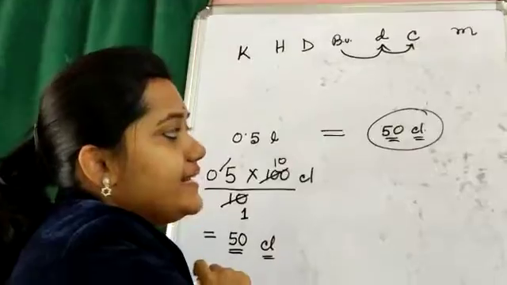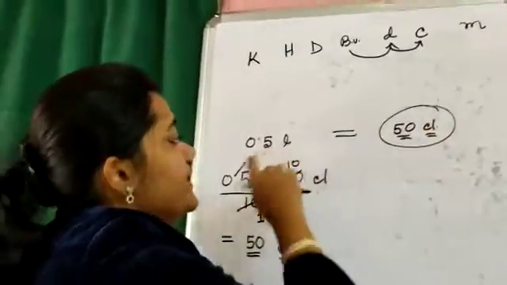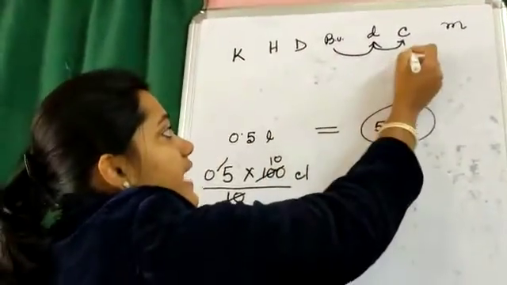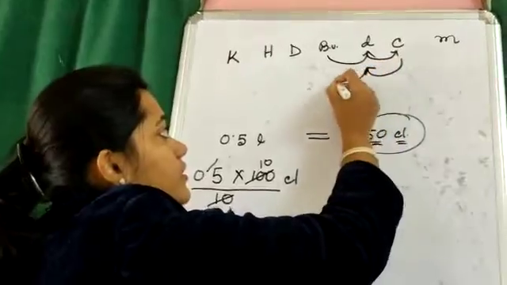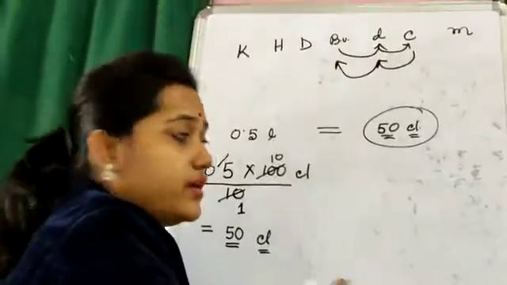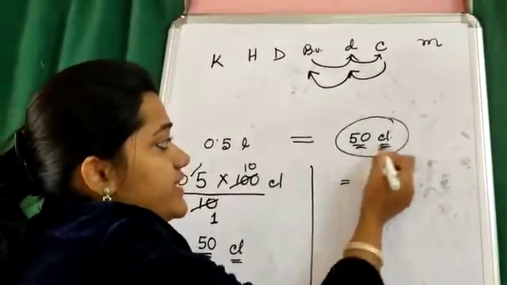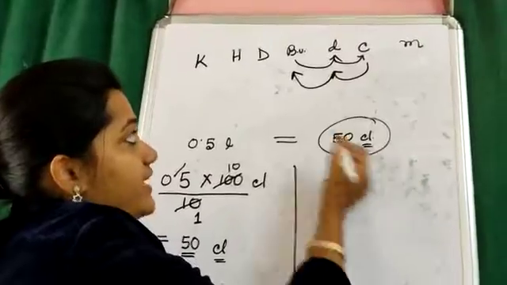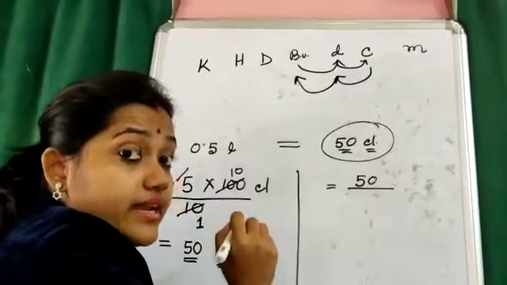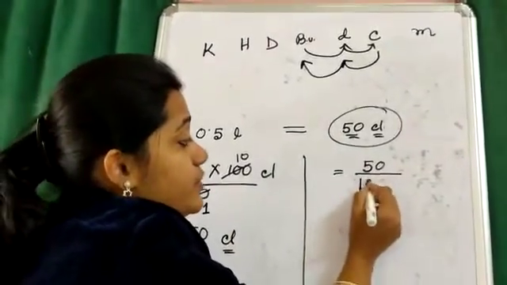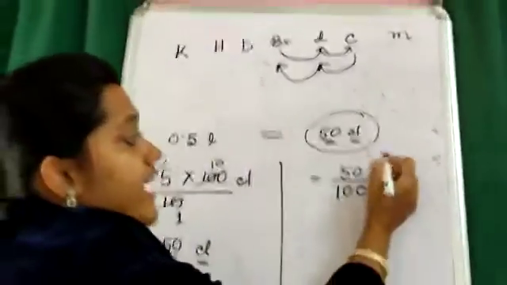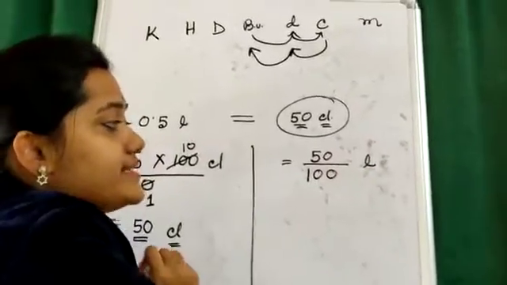So 50 centiliter if I am thinking. So centiliter to liter if I am converting. Centiliter to liter. Liter is the basic unit. At that time I am coming 2 steps back, and that is from smaller unit to higher unit. Okay, so for that 50 centiliter, if I want to convert it into liter, at that time I need to divide by power of 10. Power of 10, that is 10 to the power 2, which is 100. Okay, 1 followed by 2 zeros, that is 100. And at that time this centiliter will be converted as liter.